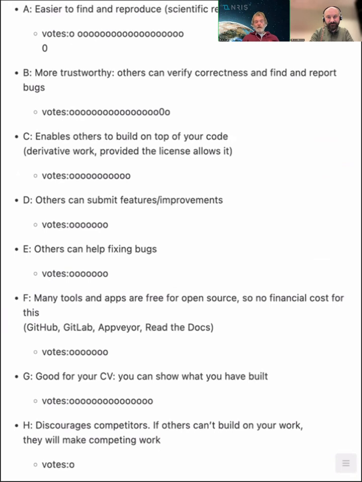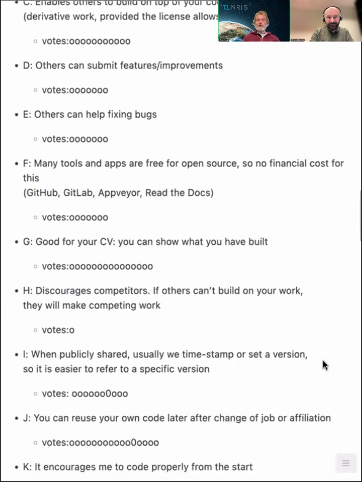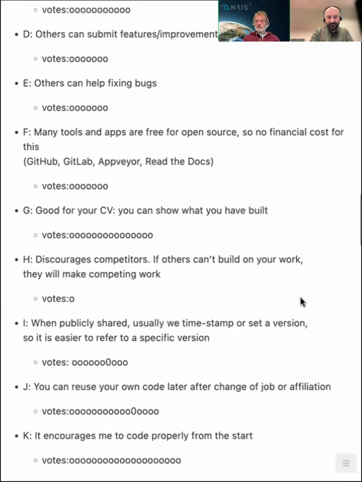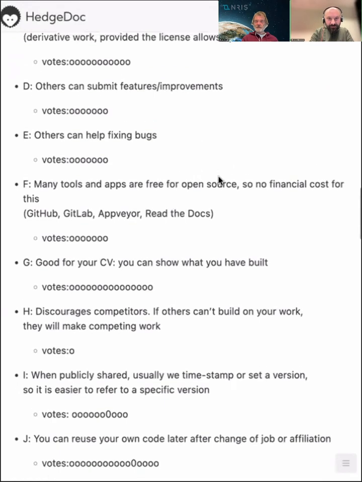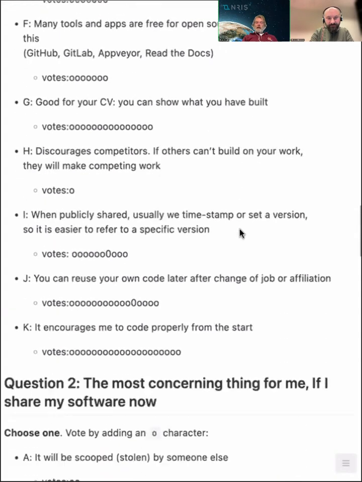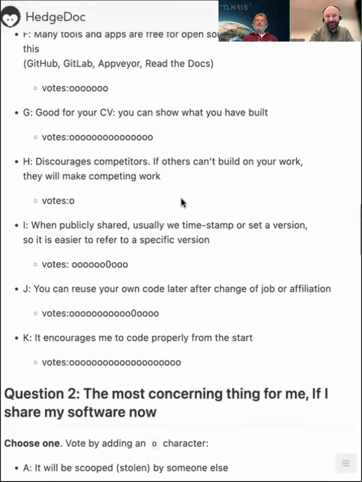Yeah, I'm impressed by a library like Armadillo, which is a linear algebra C++ library. And I think they kind of take up the space for others, and they use an Apache 2 license. What do you think, Enrico? Of this first question in general? No, the response on H, the letter H in the first question. Oh yeah, the discouraging the competitors.